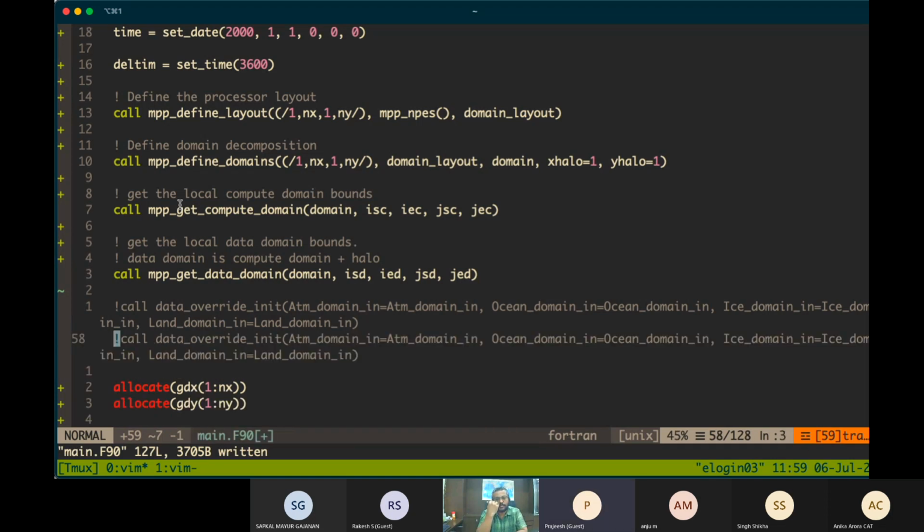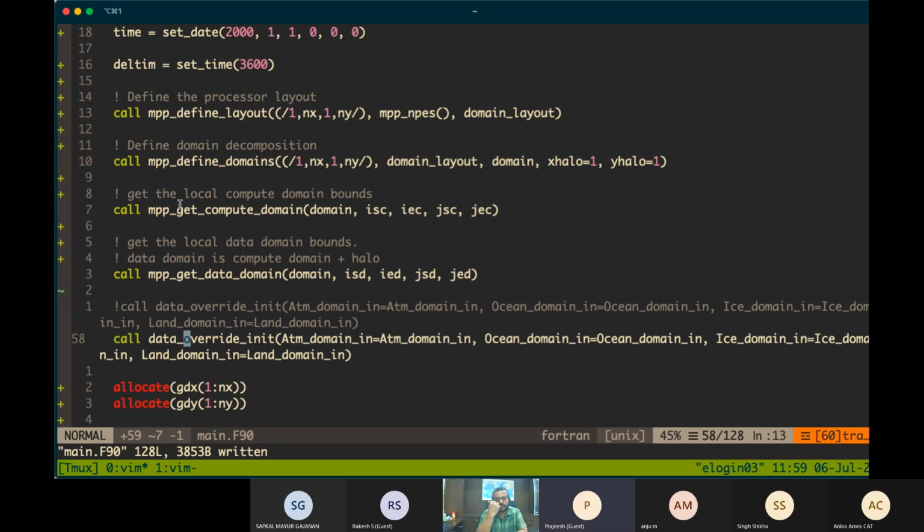You can see that there are 4 different arguments: ATM domain, ocean domain, ice domain, land domain. This is because FMS is developed for coupled models. In the same code you can have different models, and each model can have independent domain decomposition.